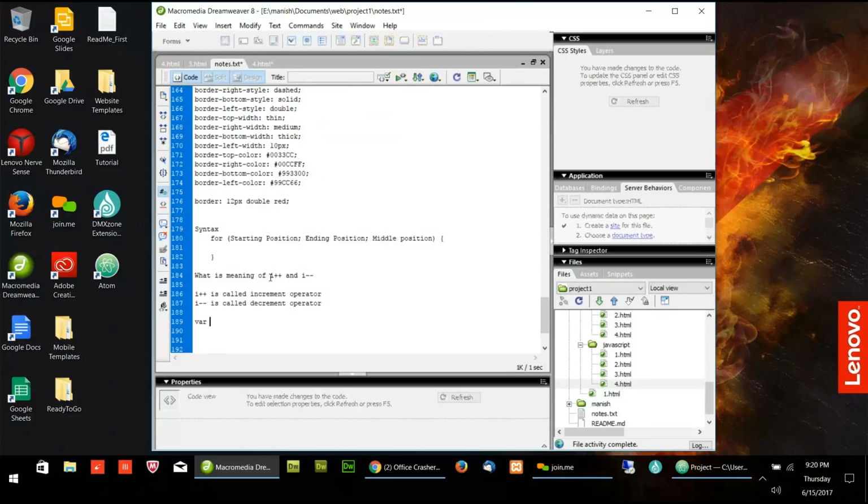So if I say var I equal to 0 and then I say I plus plus, now what is the value of I? I was 0 and I did I plus plus. I plus plus means I is equal to I plus 1. So whatever value of I was there, it will add 1.